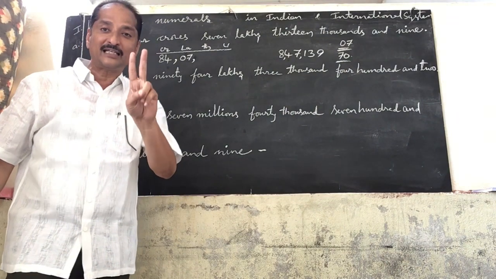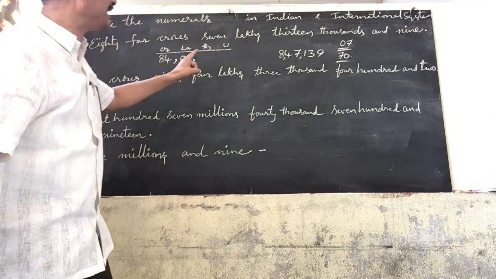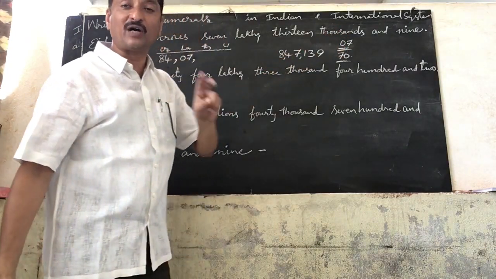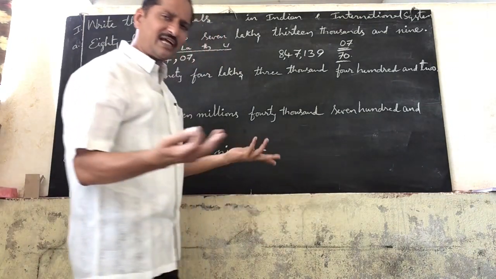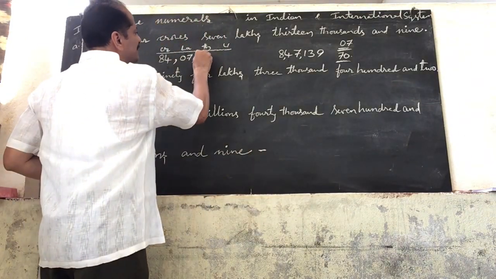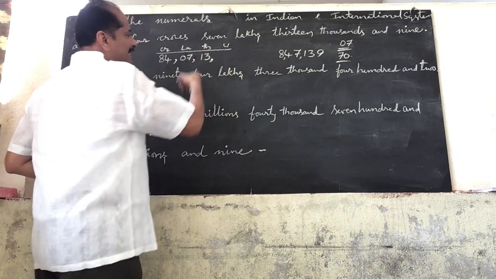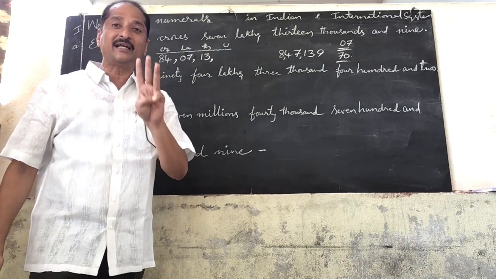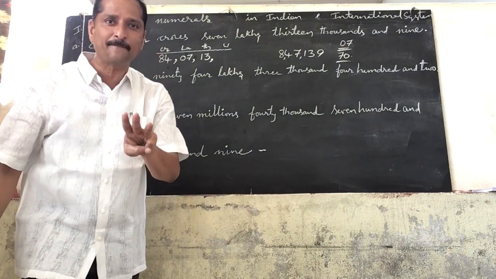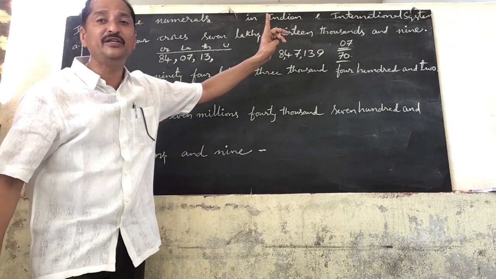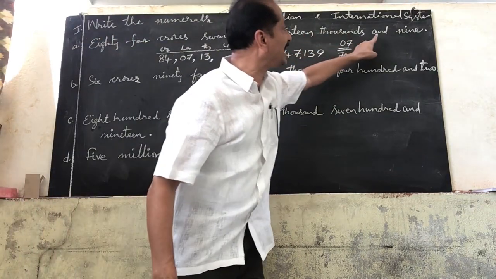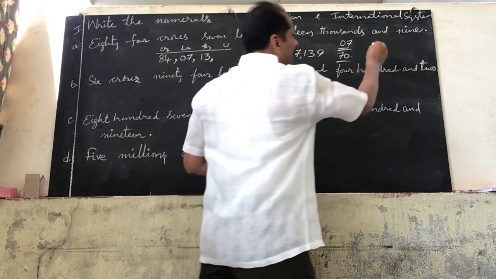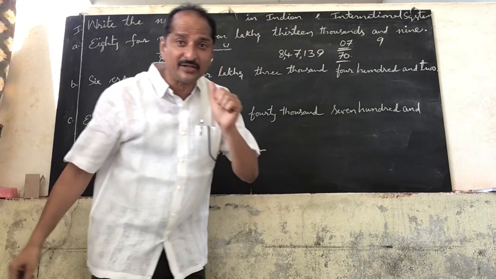Next lower than the lakhs period, the thousands period. The thousands period has 2 places. How many thousands are given here? 13,000. 13 means 1 and 3, so only 13, and here also he has given 2 places. So 13, comma. Next the units period contains 3 places. Remember carefully, the units period has 3 places, so you have to write 3 digits. What is given in the units period? 9, which is only 1 digit. How can you write 9 in 3 digits?